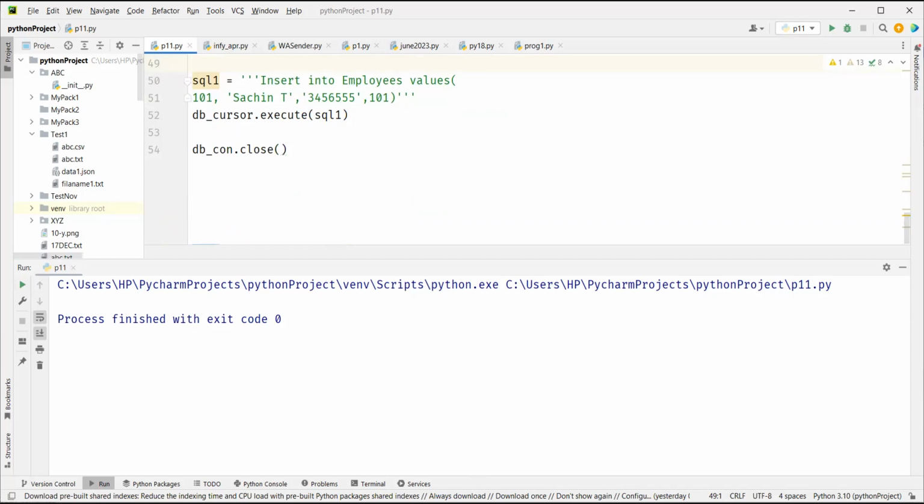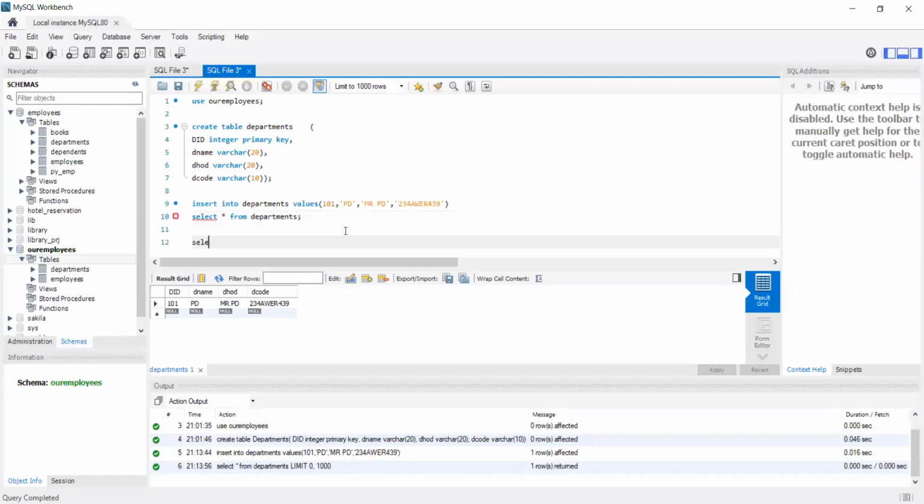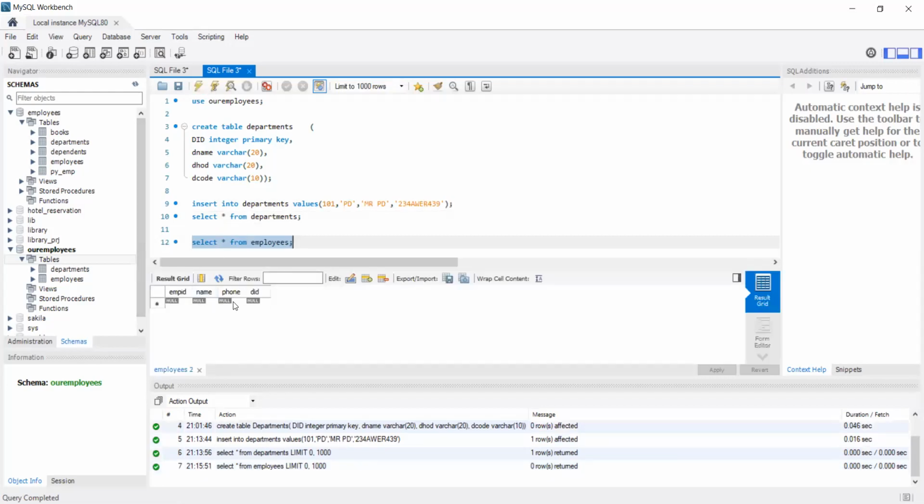Now, shall we go to MySQL and see? Here I'm going to say select star from employees. Okay, because the semicolon is not there, that's why you see an error. Okay, so see, no value got added. What happens is DML, data manipulation language, like insert, update, and delete. You have to write